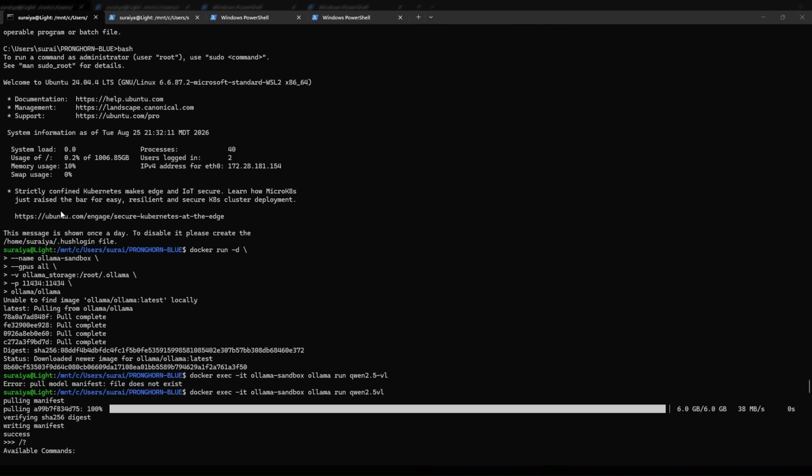And I already have Docker and Windows Subsystem installed. So what I am doing to begin with, you see that I'm trying to install Qwen,